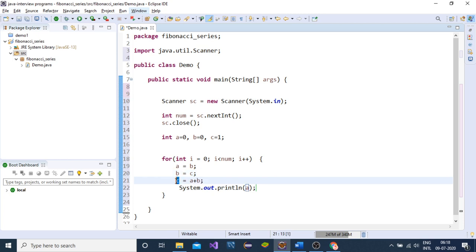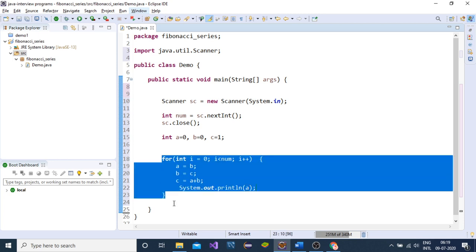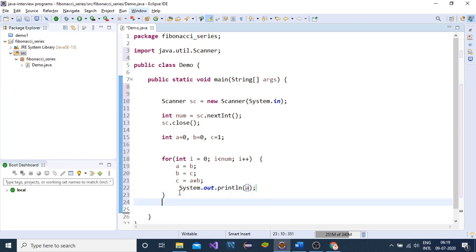The value of c will be 2, and here we will print 1. So 0, 1, and again it will add the previous two, and the loop will run till the number, and we will get our Fibonacci series.